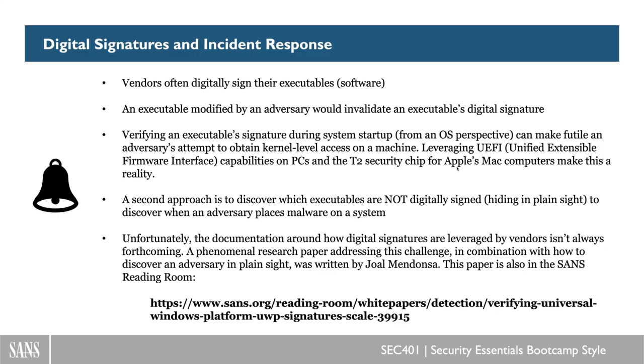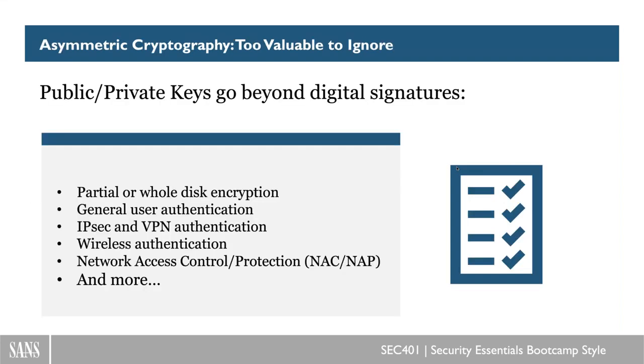Now, finally, to start to get towards the conclusion of our presentation, I keep saying that the idea of digital signatures is too much to ignore. But really what I want to say is that public-private key pair cryptography is so much more than just digital signatures itself. The idea of a mathematical relationship between a private key and a public key is the most powerful form of authentication. It would be so difficult to spoof. We would say that it's very improbable because of the mathematical relationship itself and how trusted that relationship is,